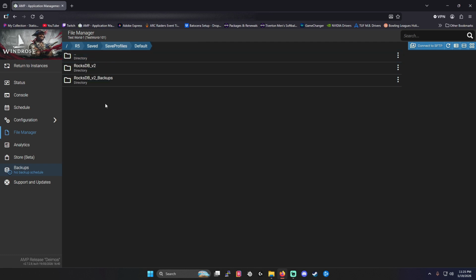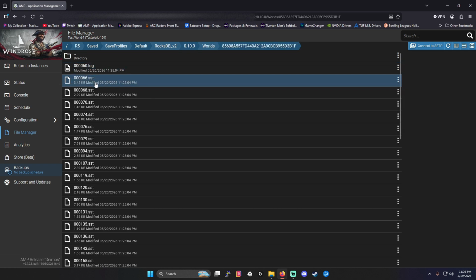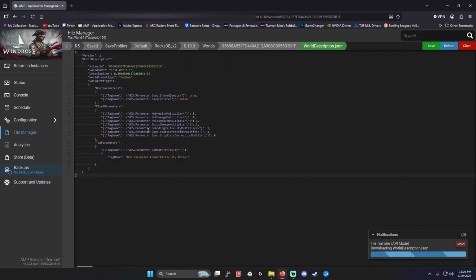Okay. And now you're going to need that .json file I was telling you earlier. You're going to need to go back into that. You're going to open that file up. So we're going to go here, back into the RocksDB version 2, directory, worlds. Click on this all the way down. Double click. It's going to open up this whole file. It's telling you the game, everything. You're going to need this island ID number. It's very specific to your world. You're going to take this number